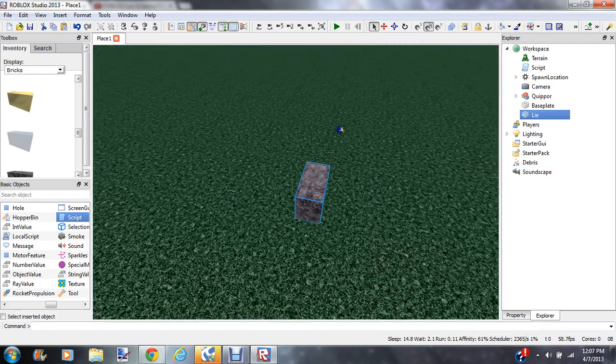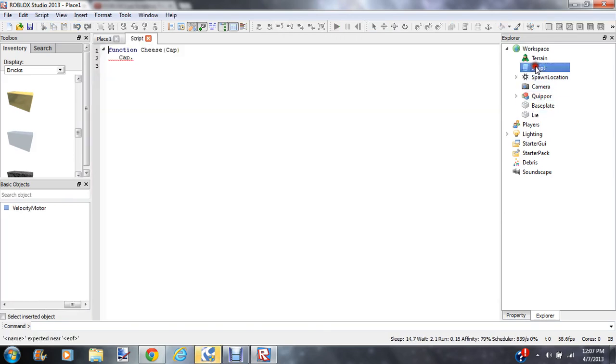next step we'd want to go back to our script. Because I'm replacing the variable with the argument, instead of having no value and saying cat equals workspace game dot workspace lie, transparency equals 0.5 or whatever, instead of saying that,